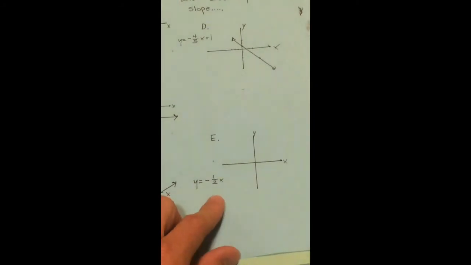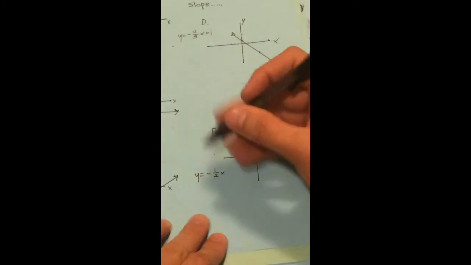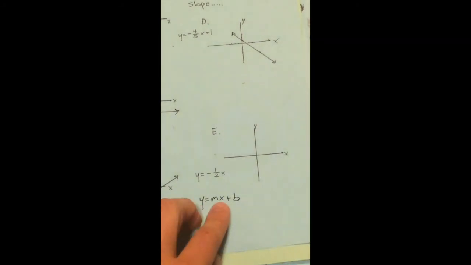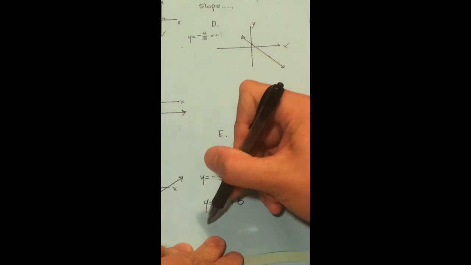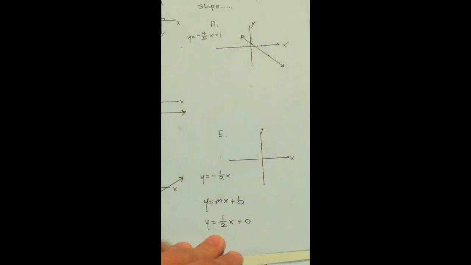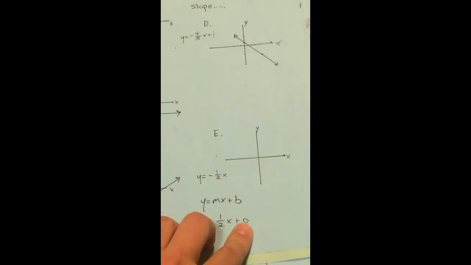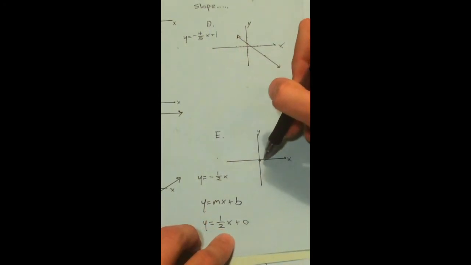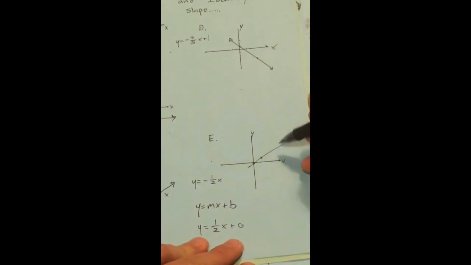Last one. Y equals 1/2 x. Well, our equation says y equals mx plus b. So we've got a slope and an x, but you don't see a b. So technically that could mean that we're looking at y equals 1/2 x plus 0. So our y-intercept is 0. So we start at 0. Put a dot there. And now we calculate our slope. We put up 1 over 2. So up 1 over 2. Draw a dot, intersect a line, and that's